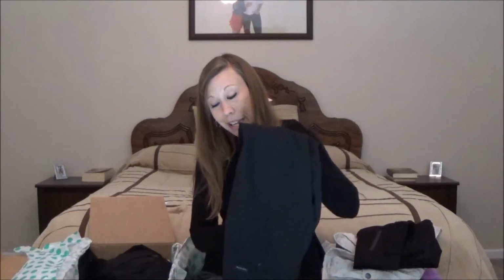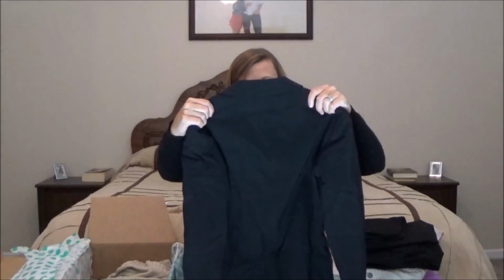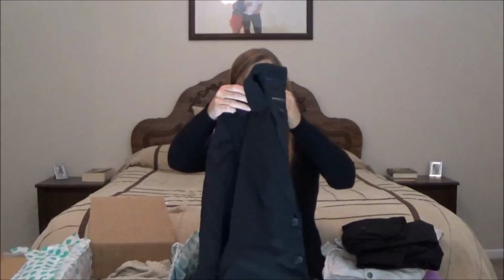I wear a lot of skirts and dresses to work in the summer, but sometimes a girl just needs to throw on a pair of pants. So I like that. Ooh, and then we have a blazer by Banana Republic. It's a petite blazer. It's full length sleeve, and it's just a 2-button front blazer, but that is a nice